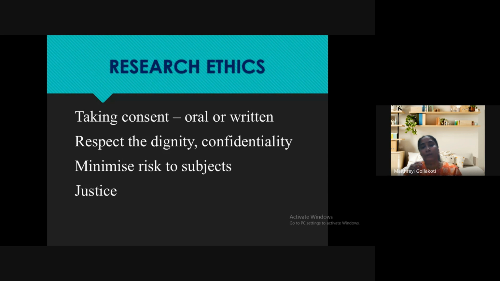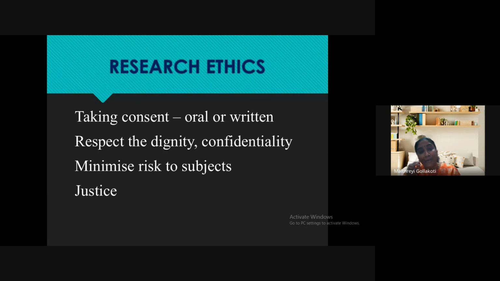Respect the dignity and confidentiality of the participant. So if the participant is saying yes, give respect to the participant and please don't give their names. Suppose we are using people for inventing a new medicine. So sometimes they take people for human trials. Now, when they take people for human trials, it is very important to maintain confidentiality of that person. Means we should not tell about their name and address to anyone. Okay. And we should also tell them that this is a new product. It might create problems for them.